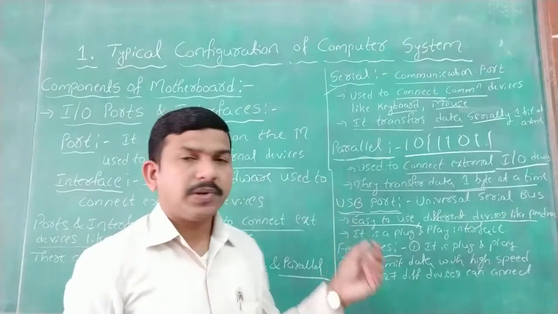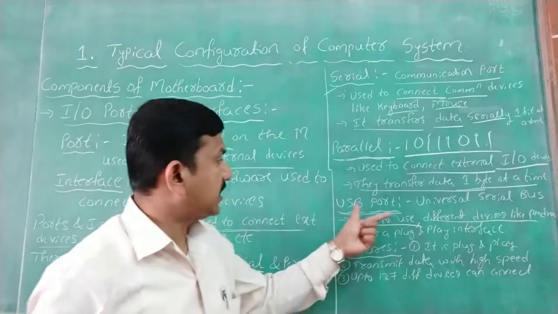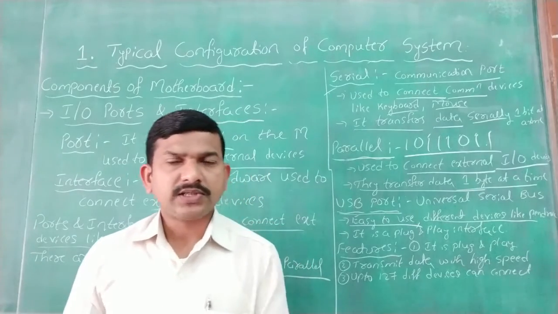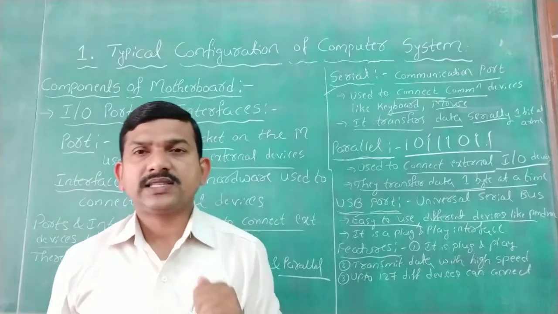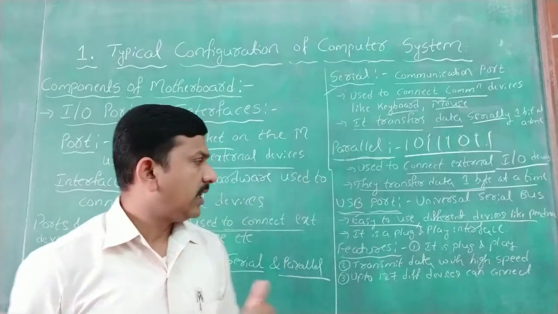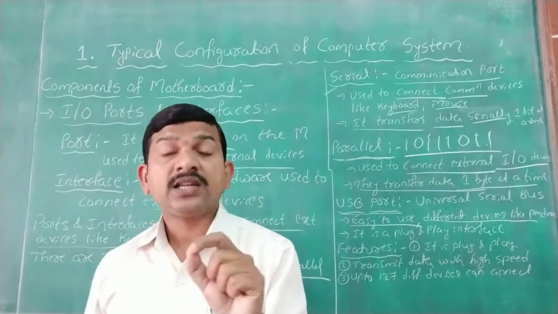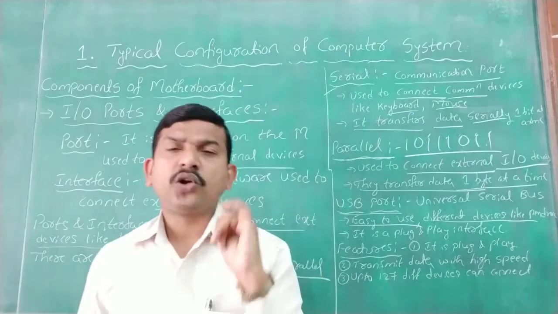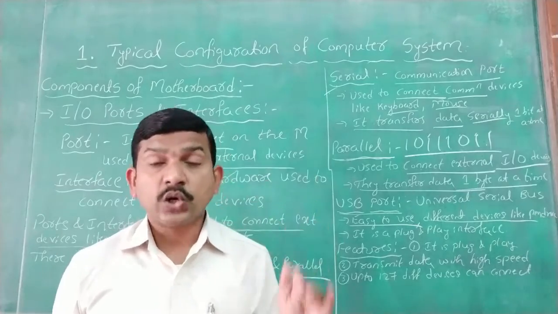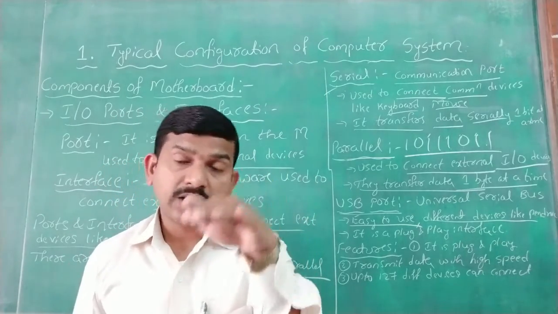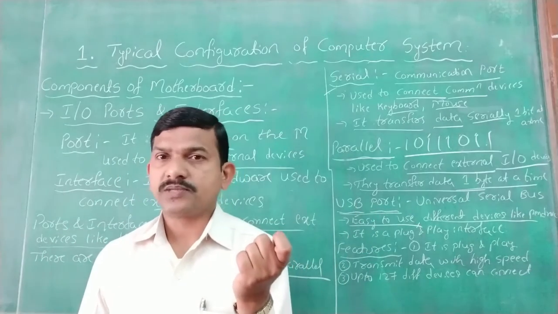This is a USB port. It is again one place, similar to a port. A USB port is a place where you can easily connect devices and start working. That's why it is easy to use, and we can connect different devices: a keyboard, a pen drive, a mouse, or some other devices easily. A data cable we can connect like this. Is it clear? That is nothing but the USB port.